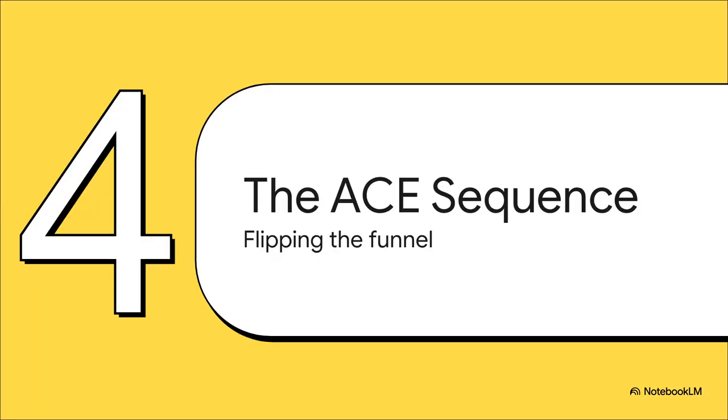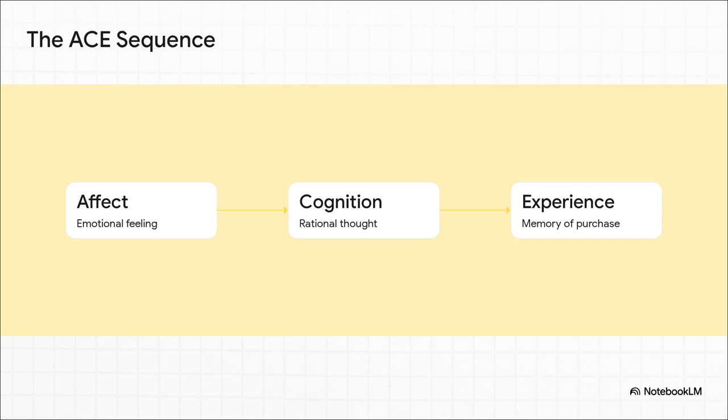Now for Section 4, the predominant ACE sequence, or turning the traditional funnel upside down. So what did this huge 7-year study actually uncover? Well, it turns out that for the vast majority of everyday consumer products, that traditional think first, feel second sequence is completely backward. No joke. The data revealed that the predominant sequence for these goods is actually ACE, affect, then cognition, then experience. For everyday purchases, your emotions trigger the sequence way before rational thought even kicks in. You feel something about the brand first, then you rationally process its benefits, and then your experience reinforces it all